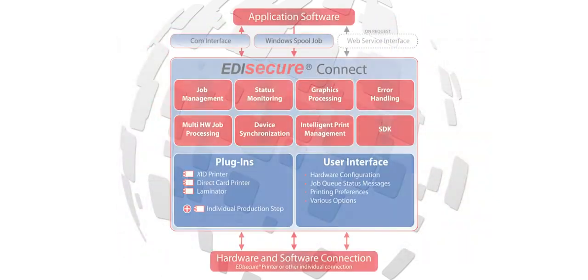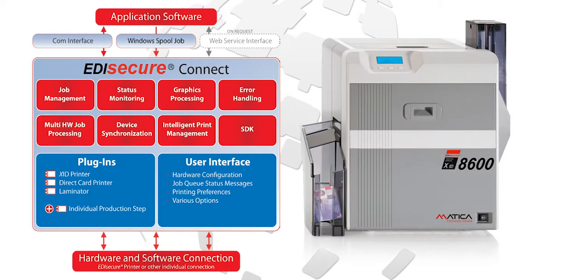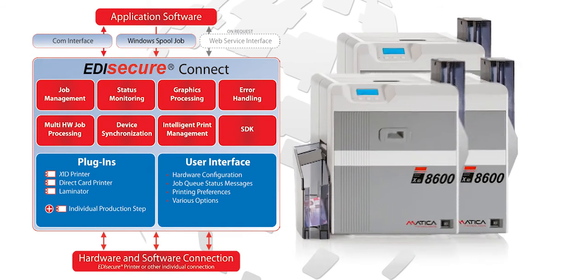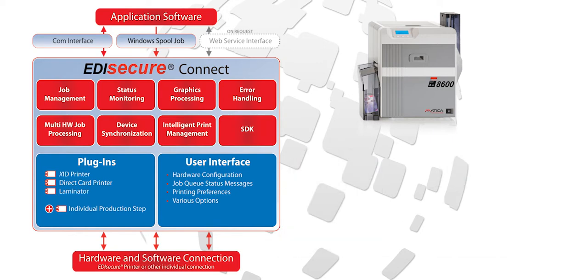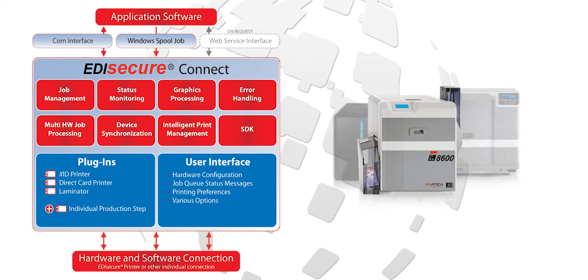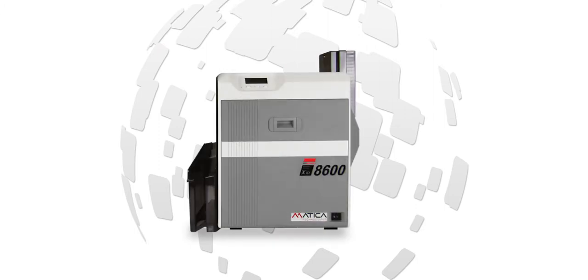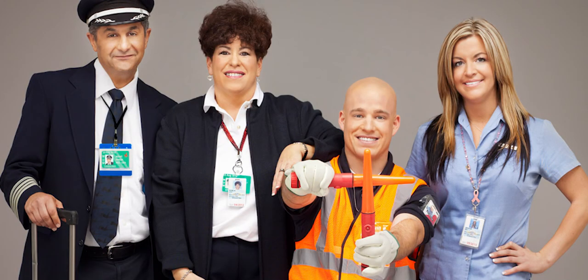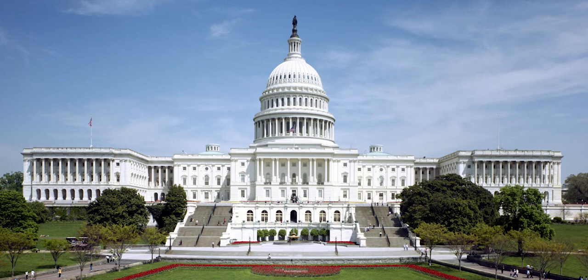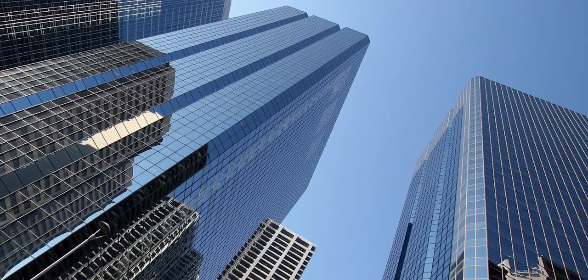The XID 8600 also works with Matica's EdiSecure Connect multifunction driver platform for Windows XP, Vista, 7, and 8, allowing you to create print farms of multiple 8600 printers grouped together for high-volume batch printing jobs, or in line with other EdiSecure XID and DCP printers for the simultaneous printing of multiple jobs on different systems. The XID 8600 is the perfect combination of reliability and flexibility for producing high volumes of access cards, driver licenses, and identification badges with practical security features for government agencies, military installations, transportation authorities, healthcare systems, educational institutions, enterprise corporations,